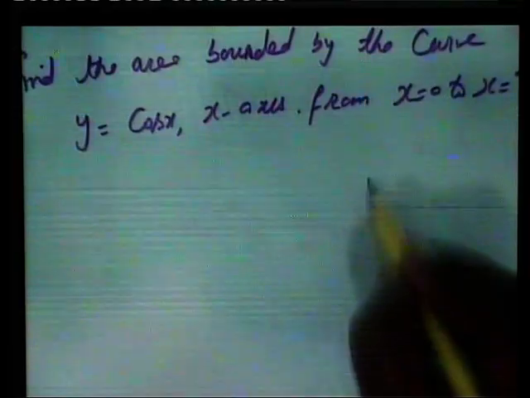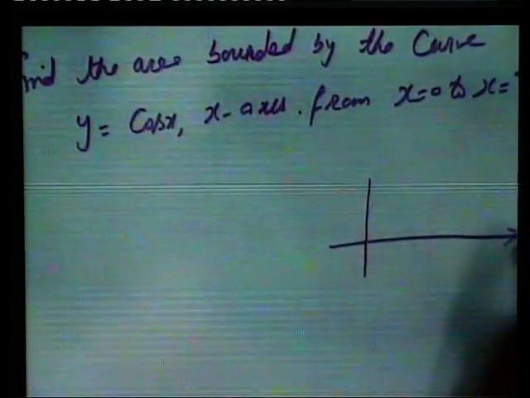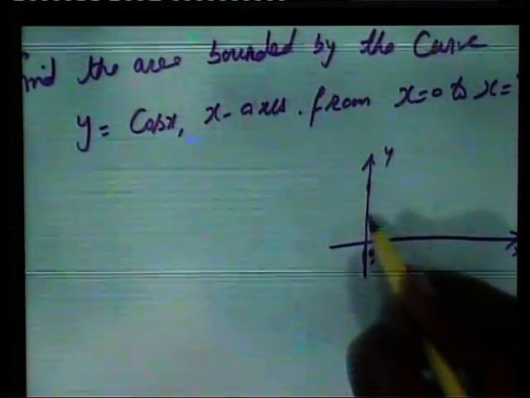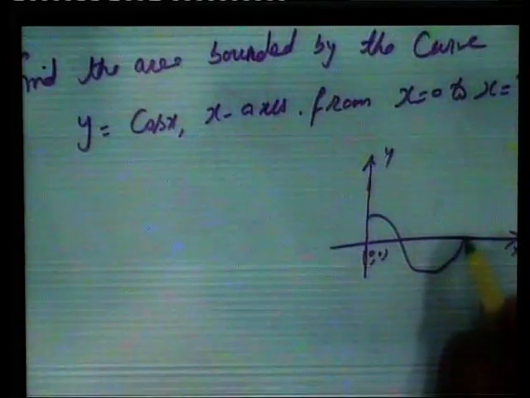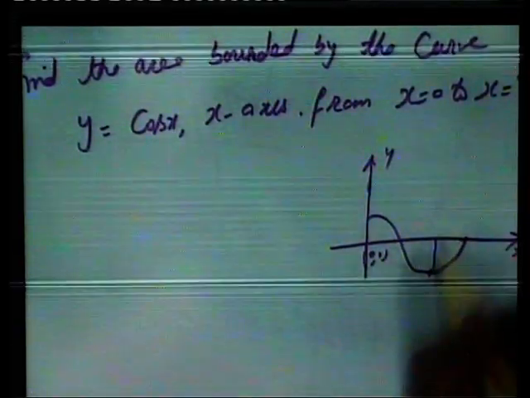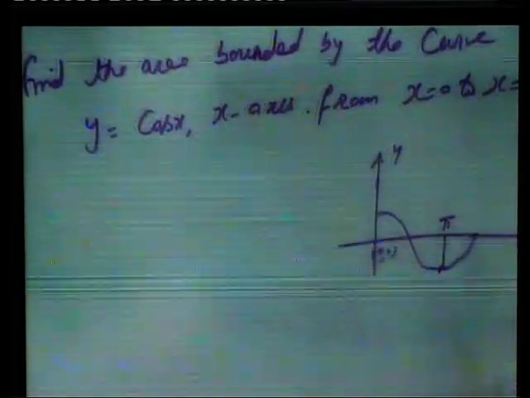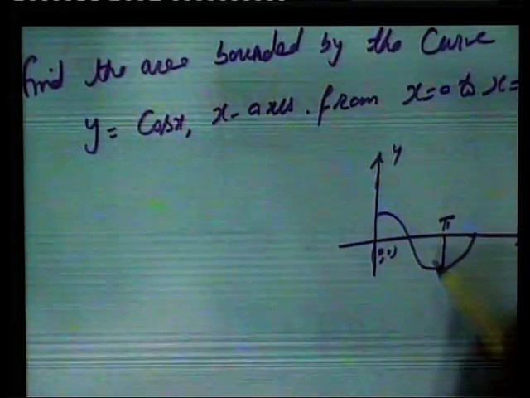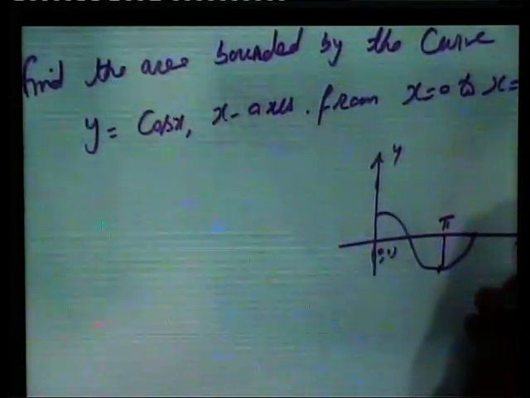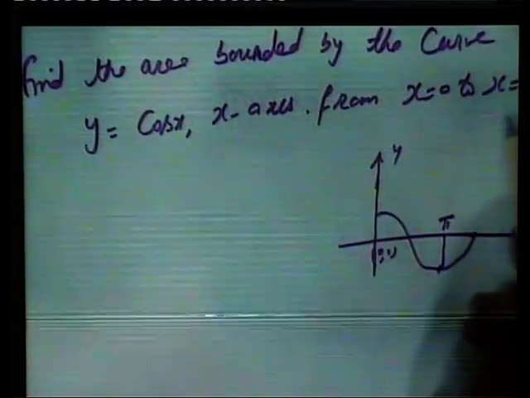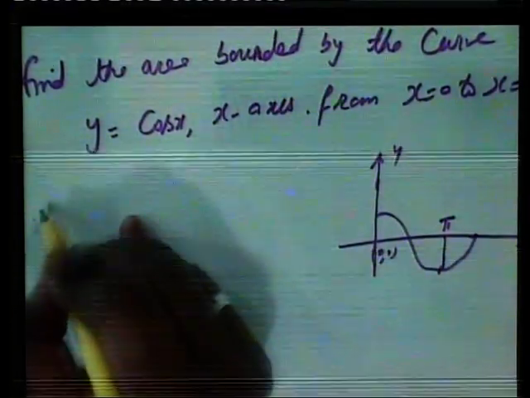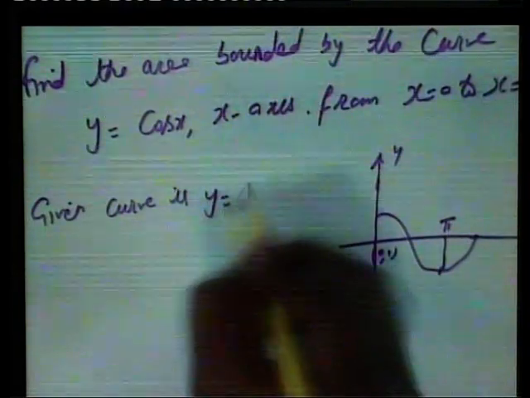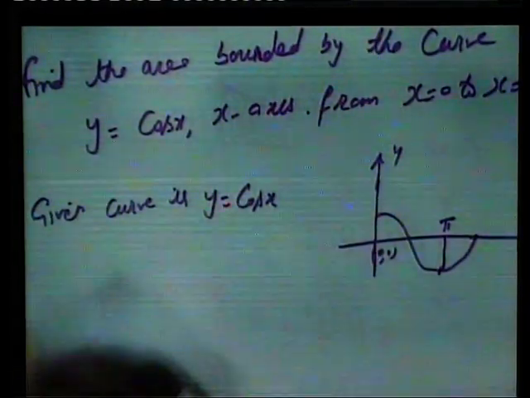Now we know that cos x is positive in first quadrant and it is negative in second quadrant. From x is equal to 0 to x is equal to pi means first two quadrants. Given curve is y is equal to cos x. Required area